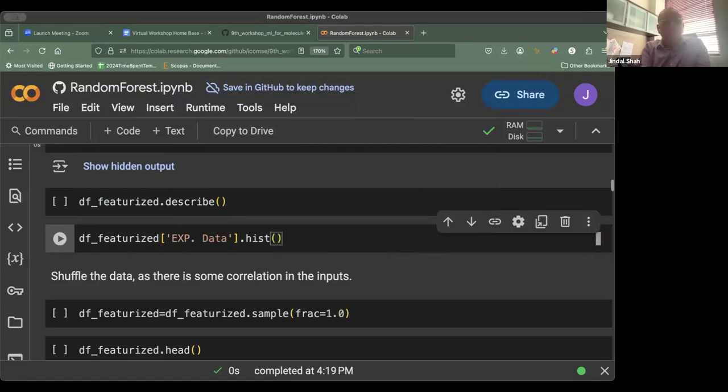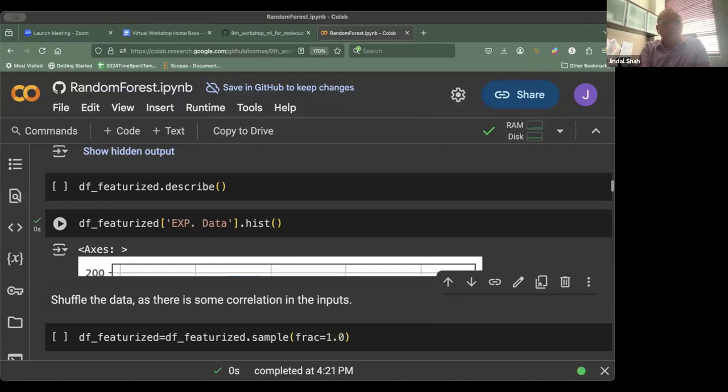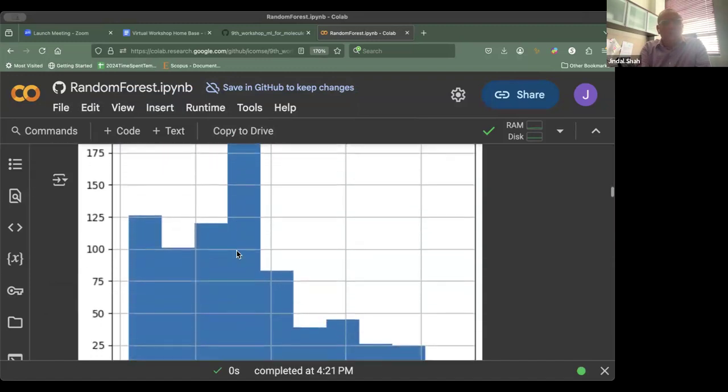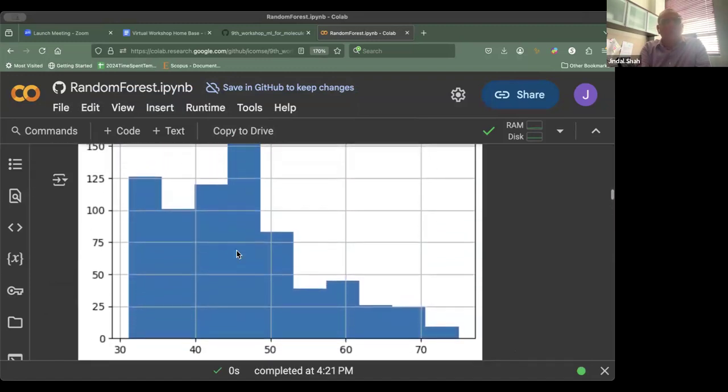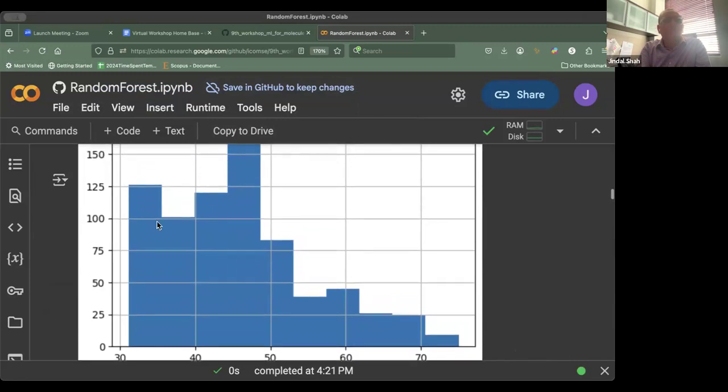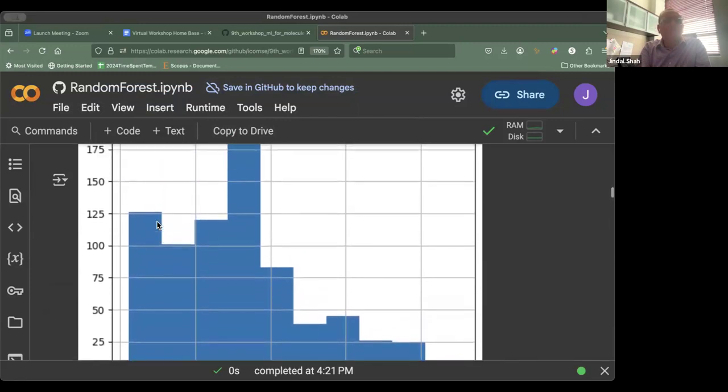There's something that you just saw for balance, or like the validation and train data set and things like that. Okay, so here we are looking at surface tension data,